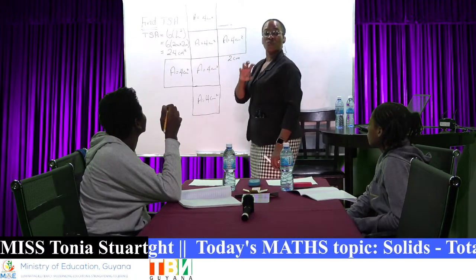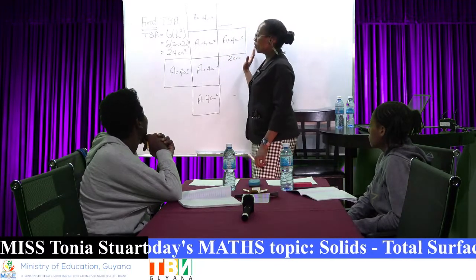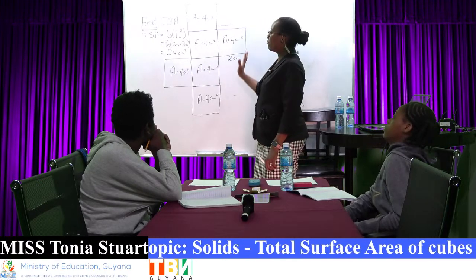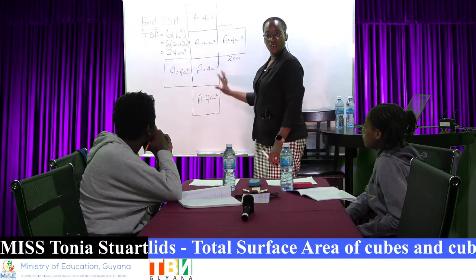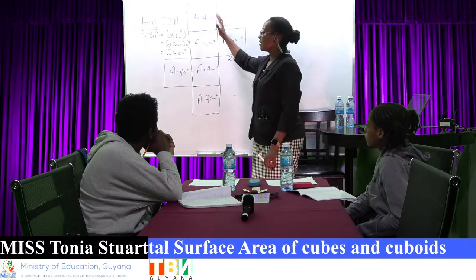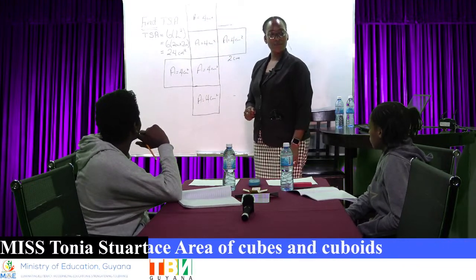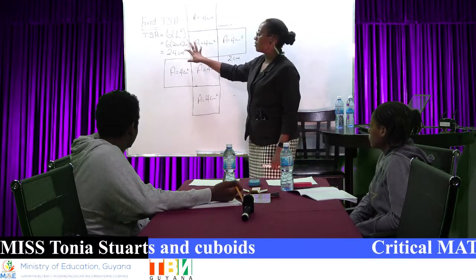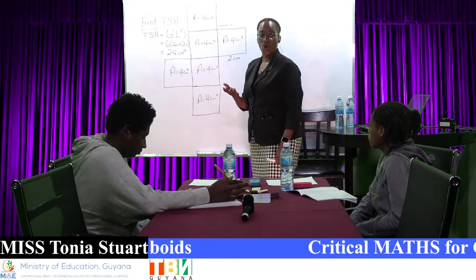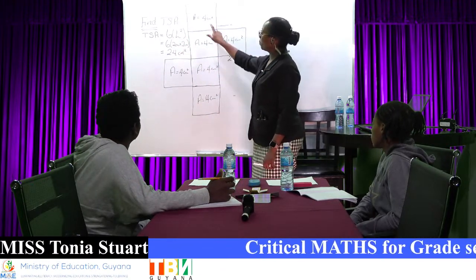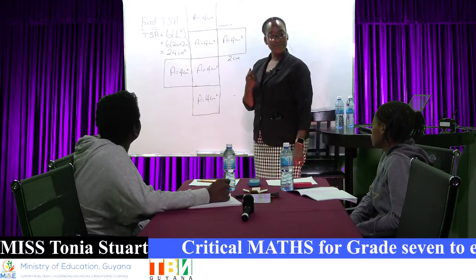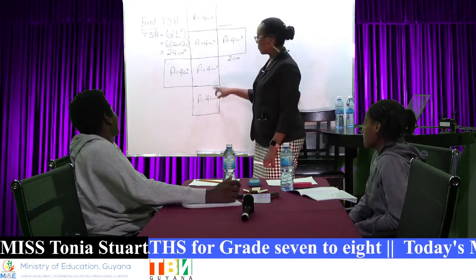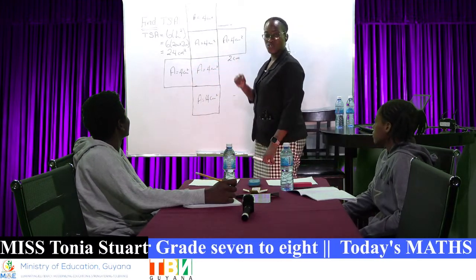So you must be able to recognize that in order for you to find the total surface area, you need to know the different parts of the surfaces. In this case, we have the same thing 6 times. So all we needed to do, multiply one area, value of area, by 6, or find the area of each part and do what with it? Multiply. And add it up. Find the area of each part and add it up like what we just did.